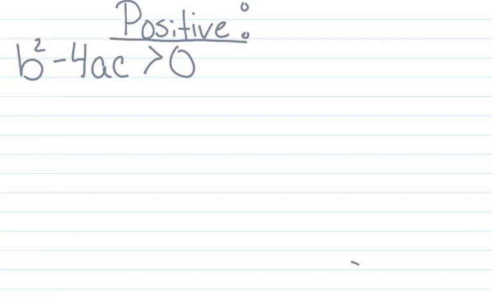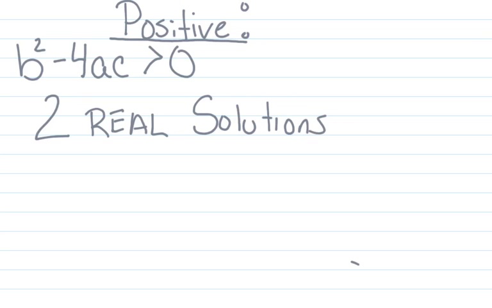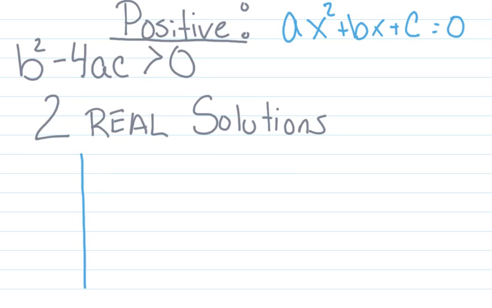And then this is going to give us 2 real solutions. Okay, Mr. Levy, that's great, but what does that mean? So this means that if I was to take my equation, ax squared plus bx plus c equals 0, and graph it now,